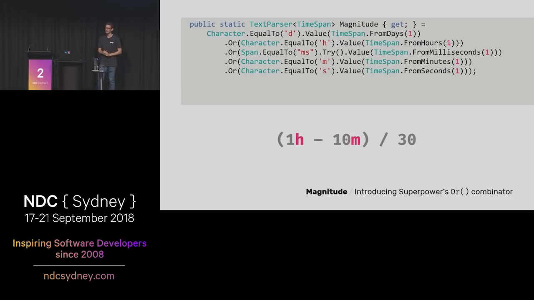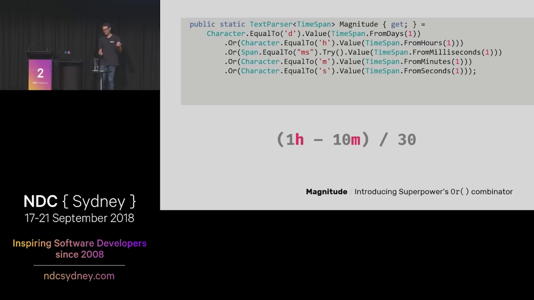So the first parser we'll look at that's built with Superpower is this one called Magnitude. And if you recall, we had a little domain-specific language for computing durations. And the unique thing, I think, about that language is just the duration syntax. I say unique. It appears in a few places, but it's not something you typically find in day-to-day programming languages. And this parser is called Magnitude because it's what we're going to use to parse that little trailing piece of text after the number to decide how big that duration is. It's not called duration because we've already got a library parser for parsing numbers.